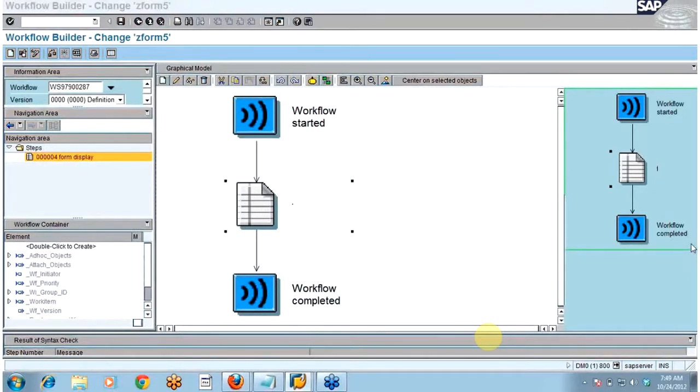Fine. So here, this is how the form works. You can try it yourself, in fact, because if you try it yourself, then only you will get more confidence of creating this form step, because in real time we use it. Many customers don't want that standard screen, rather they want a custom screen.